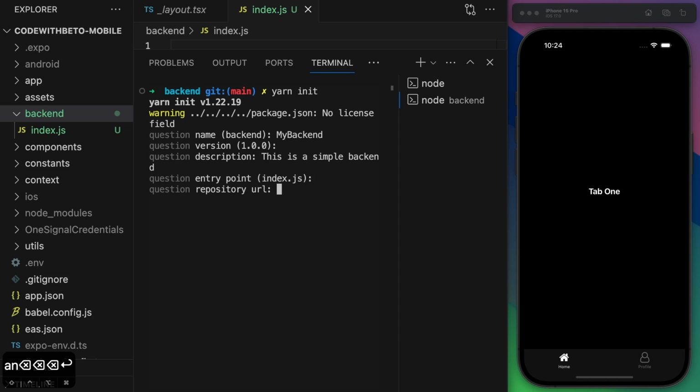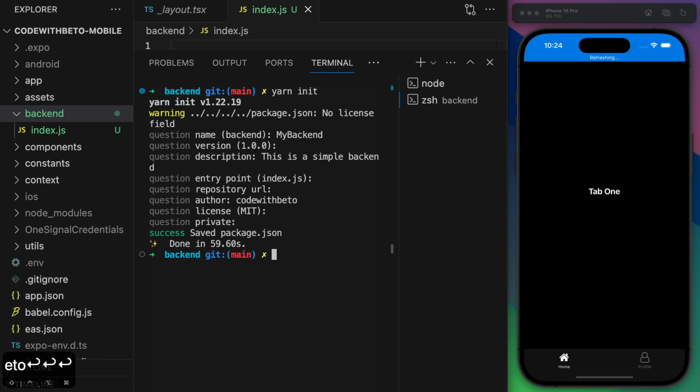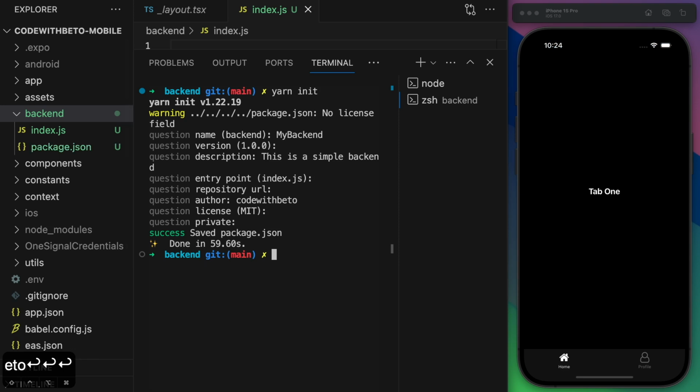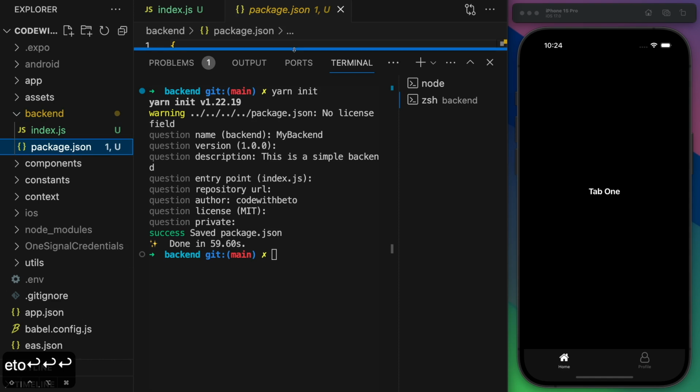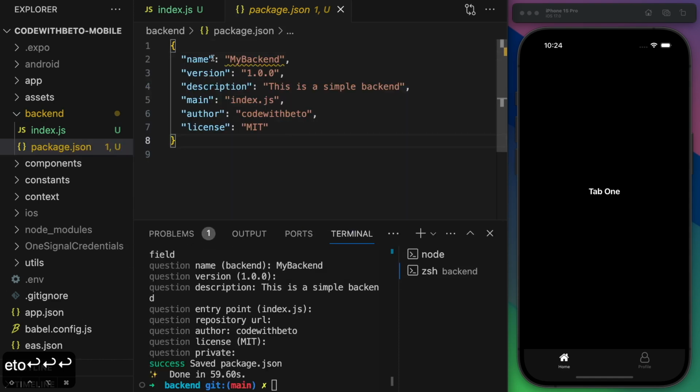If you have a repository, you can put it here. I don't want to do this. Author is going to be Beto, or maybe Code with Beto. Hit enter. License MIT, this is open source, and that's it. All right, now if you pay attention, we have this package.json inside this backend folder, which means